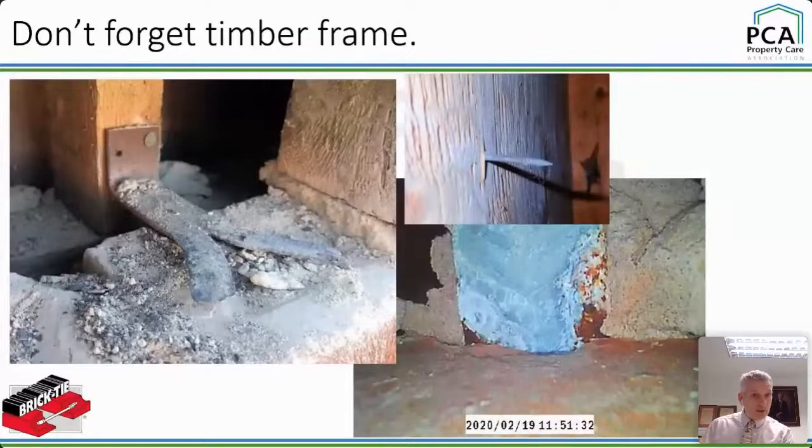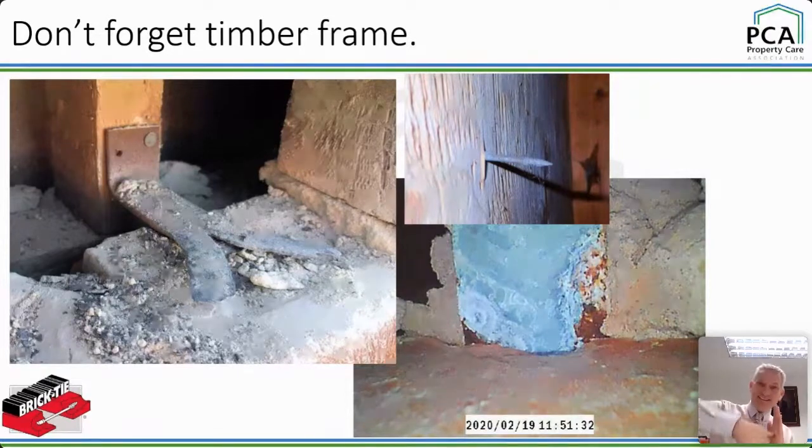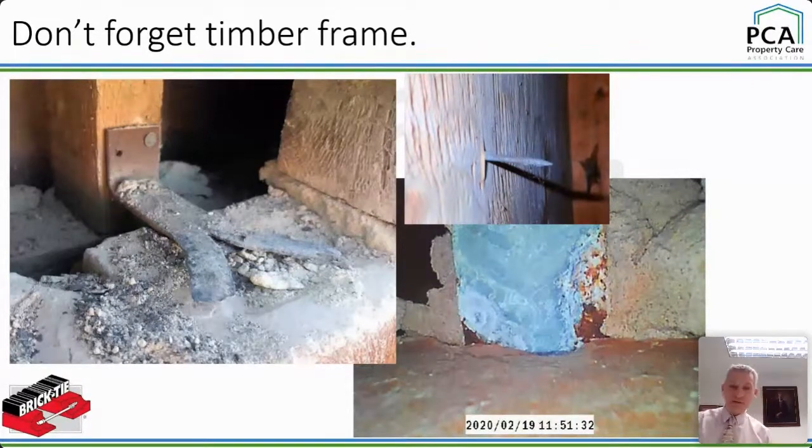So if you look on the left there, the tie is just nailed with a single clout head. When the outer leaf is flexing around and being blown about by the wind, it buffets and it lifts up and down. Corrosion causes the outer leaf to grow, and that little frame cramp style tie there can act like a nail bar in that situation, pulling the nail out with it.